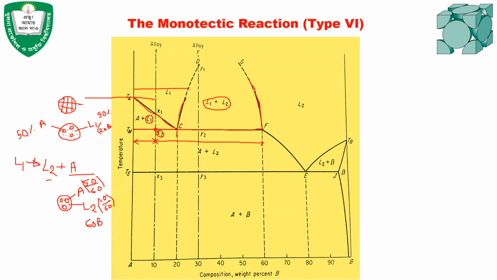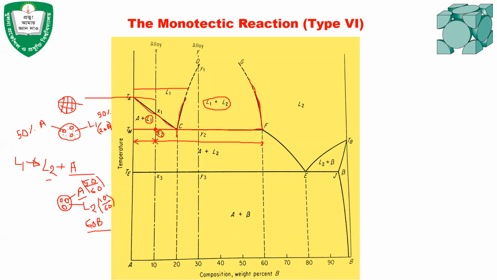This point will give the chemical composition of liquid 1. So liquid 1 has the chemical composition of 20B. After the reaction, this liquid 1 has converted into solid A and liquid 2. Liquid 2 will have the chemical composition of 60B, and solid A is 100% A. That means more solid A will be produced, and the liquid 2 will have a composition of